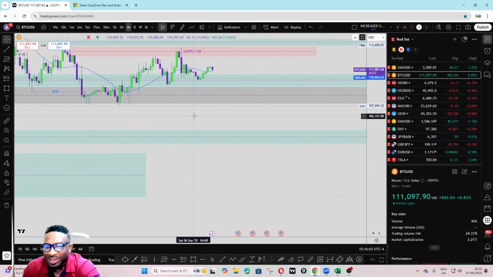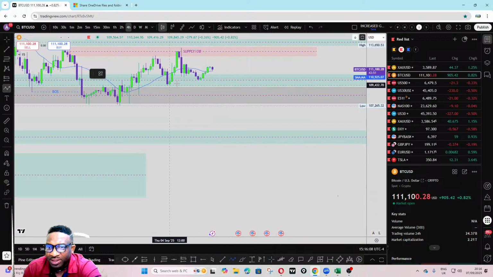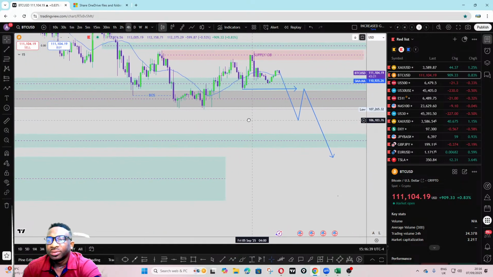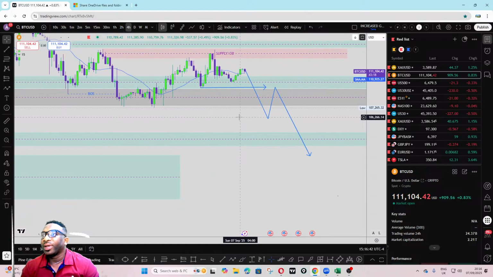So for us to sell this, to have a confirmed sell on this price action currently, I expect price to take out either this low here or that one. If we take out this low here, that's much better. So if we get something like this, and then back to this area, we could further push down. Yeah, okay, so I hope and I believe this